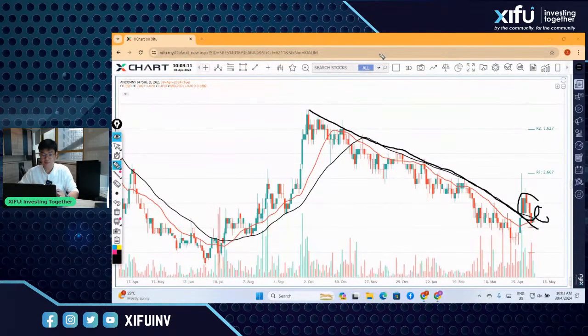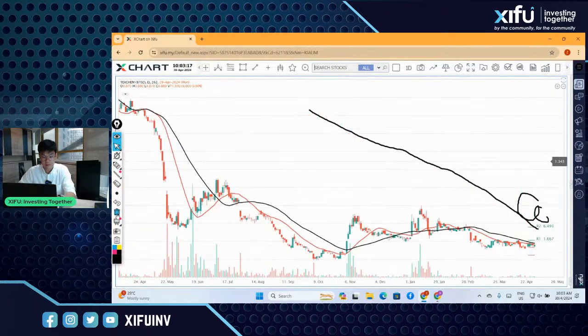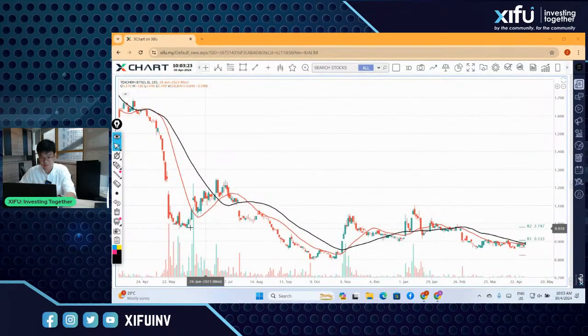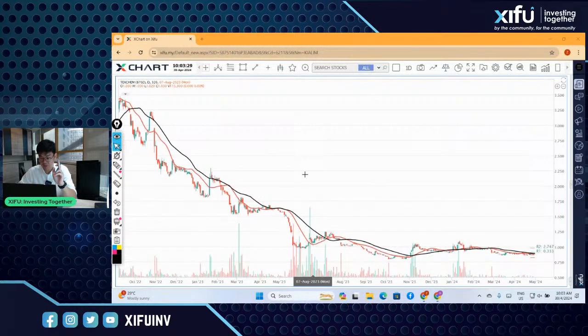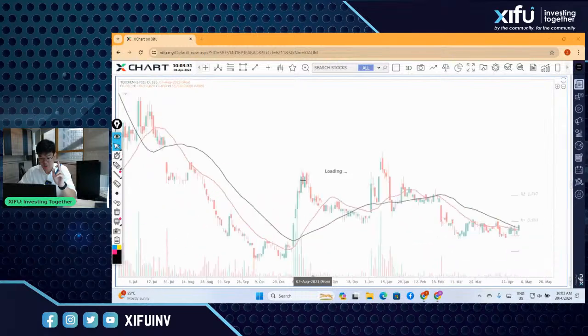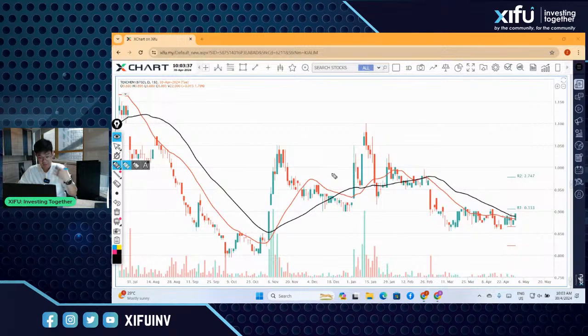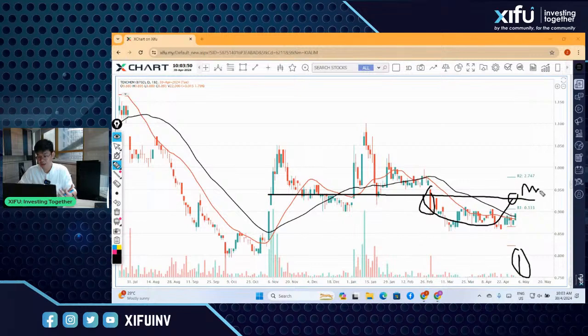TechScam. Wow, this one looks like it has a shakeout. This shakeout can come back, so look into it because volume at the bottom is very high, and in some places there are gaps. Like I say, high volume normally means a potential change of trend, and this is a gap with higher volume. If they're able to push back with higher volume, I think it will form a nice shakeout